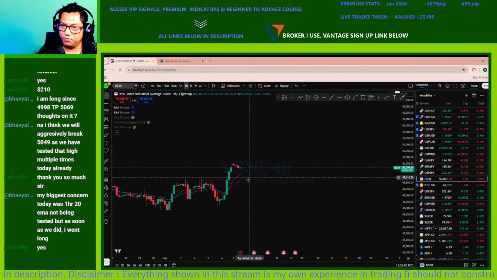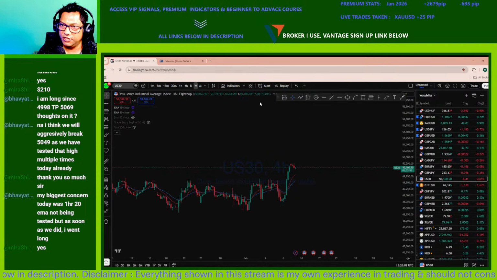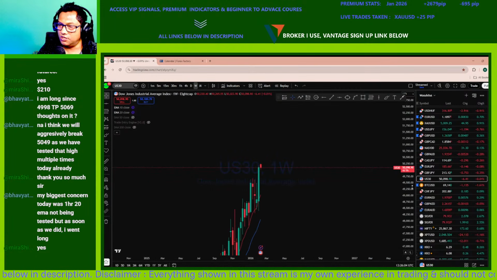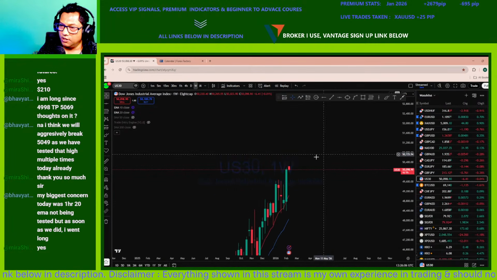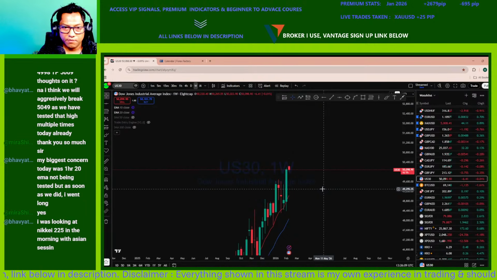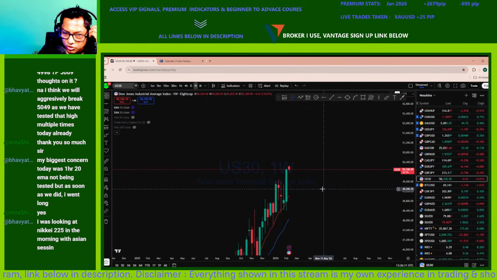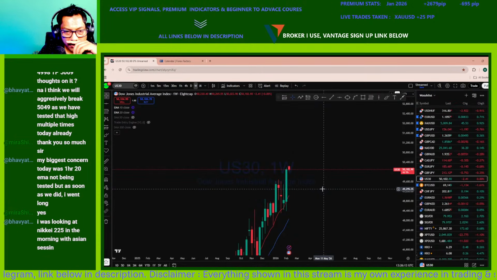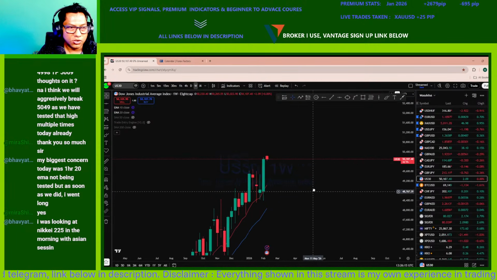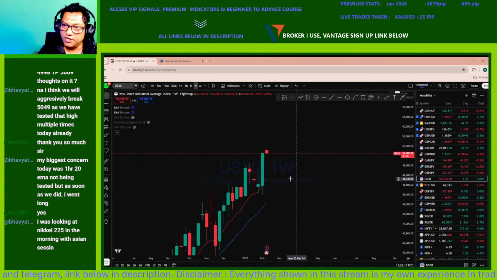On US30, there is a bullish rejection again here. So US30 is showing, if you look at it, a bullish engulfer. Looking at 225 this morning with the Asian session we'll be looking at. So we see that US30 had